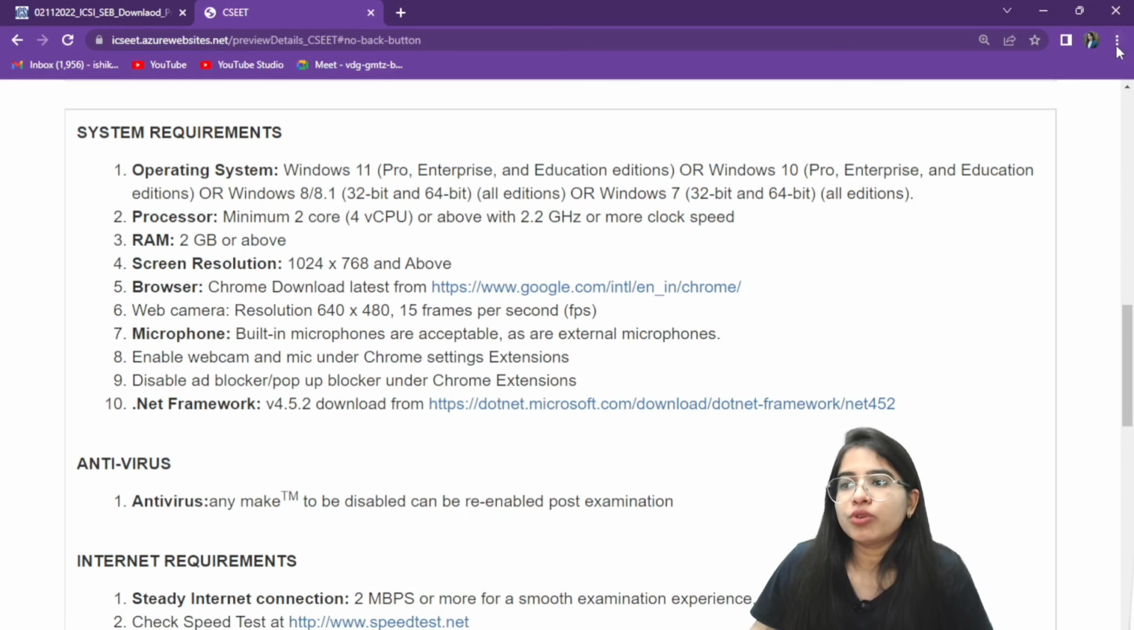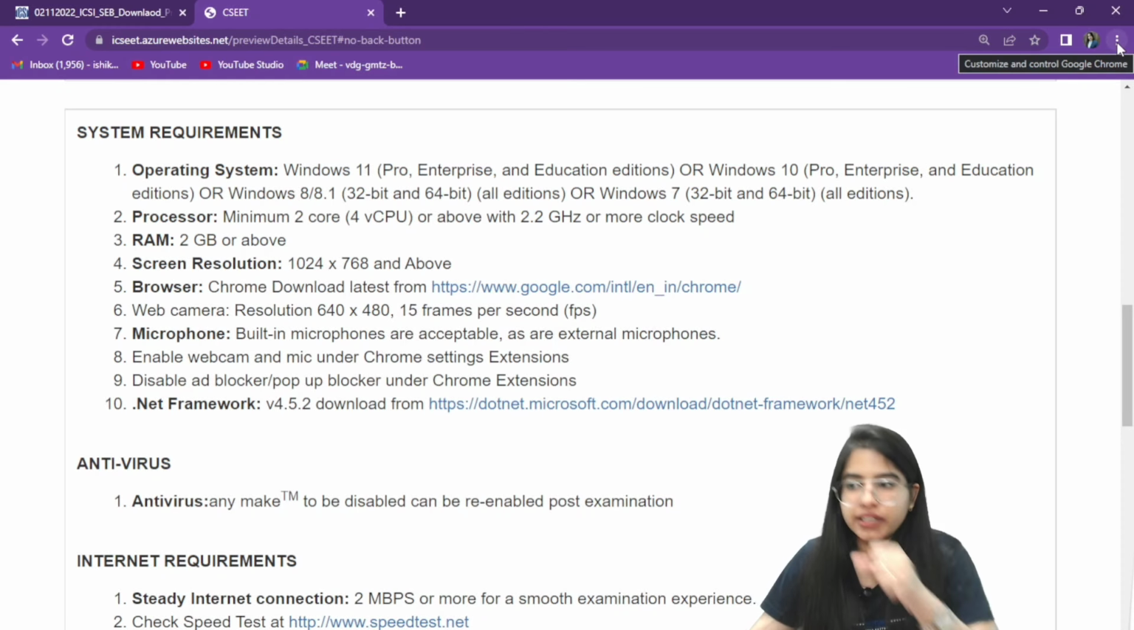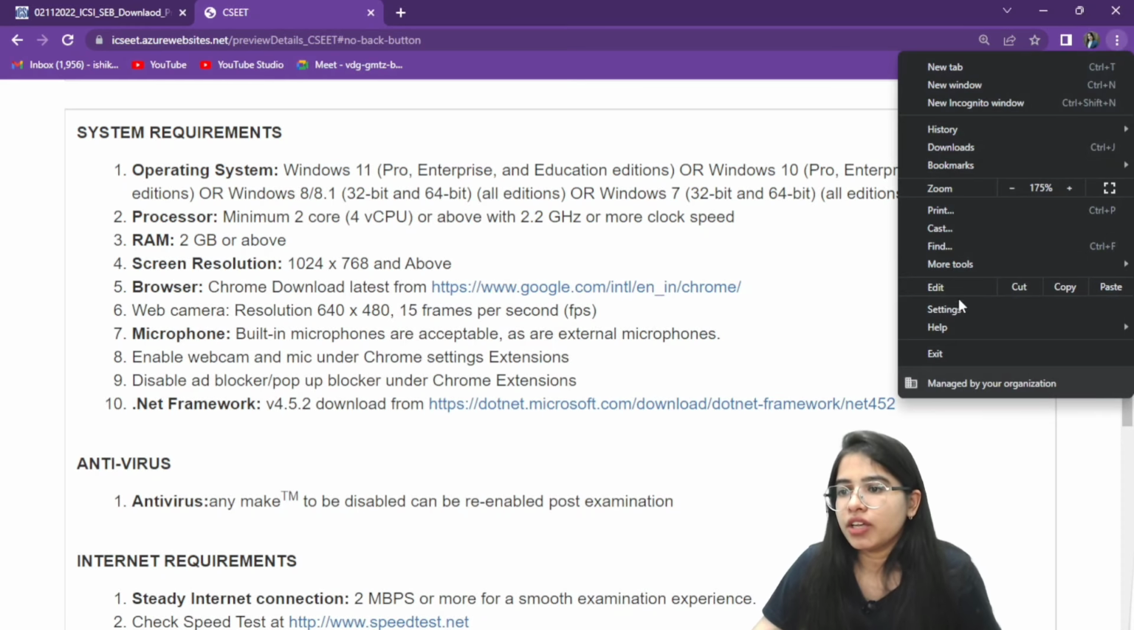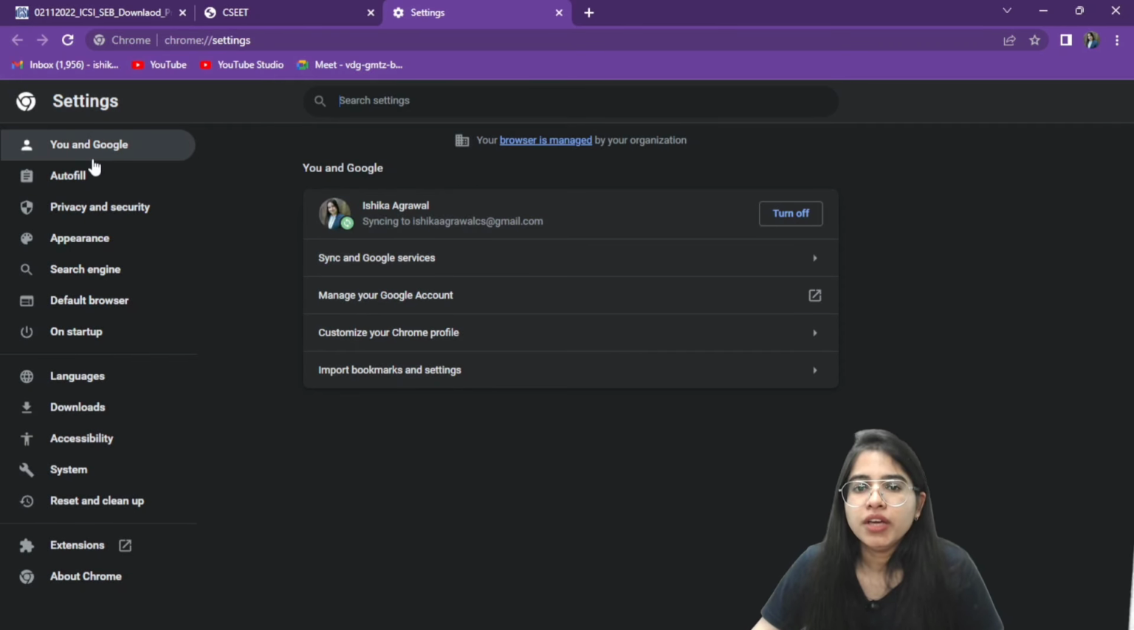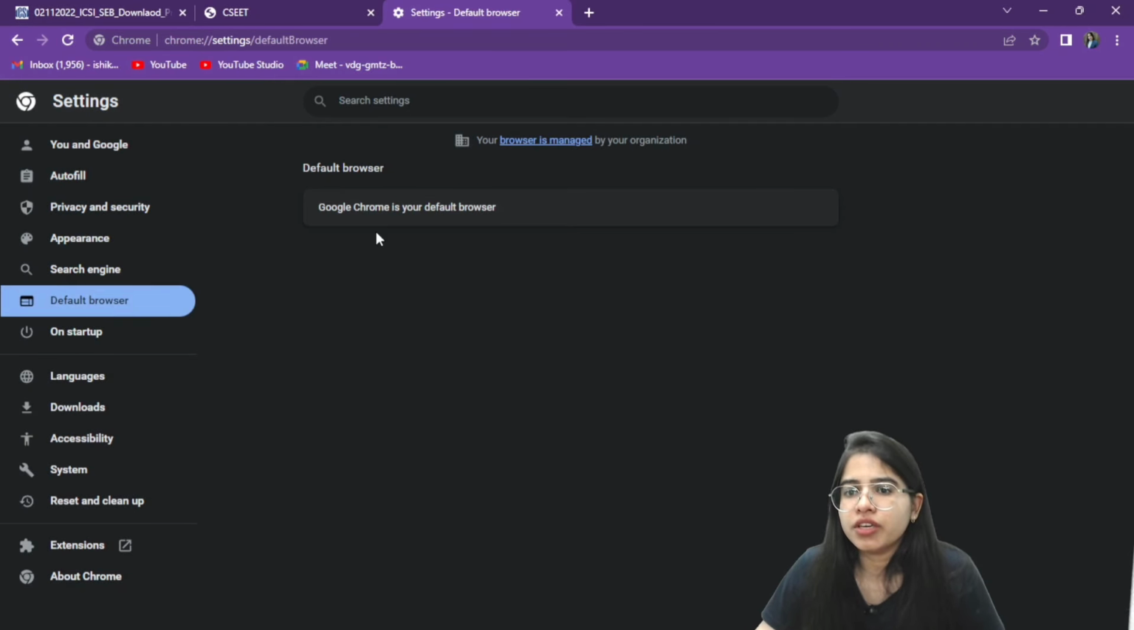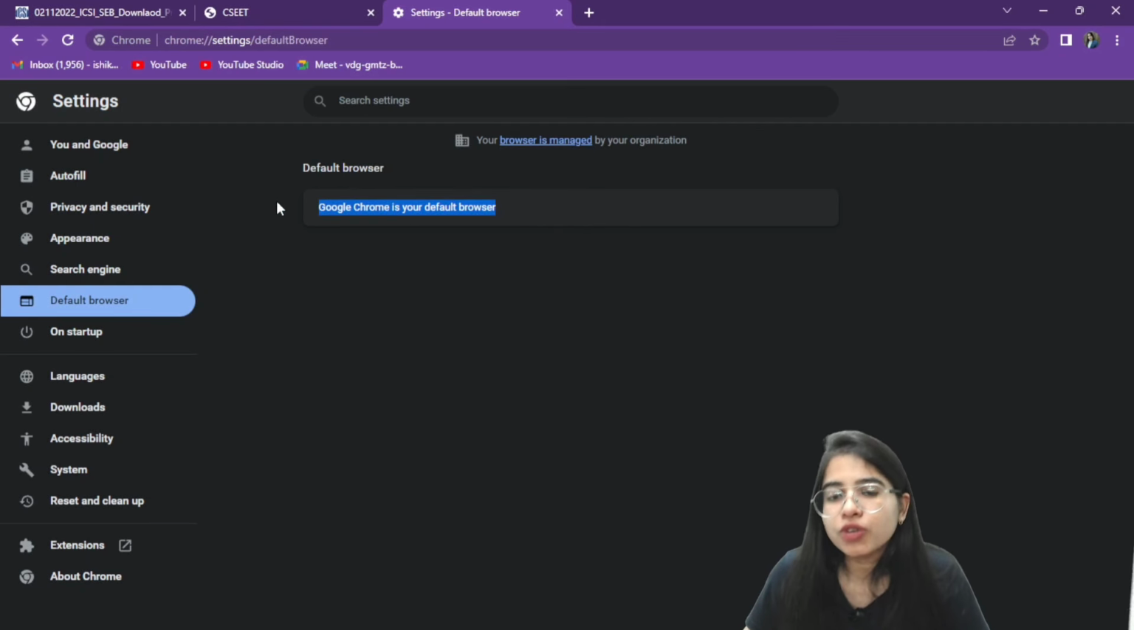So what you can do is go to this extreme top right corner. Here you can click on this, and then go to settings in Chrome. In Chrome settings, you have to click on default browser. Here you can see that Google Chrome is your default browser. It's fine, your Google Chrome should be your default browser. After that, come to